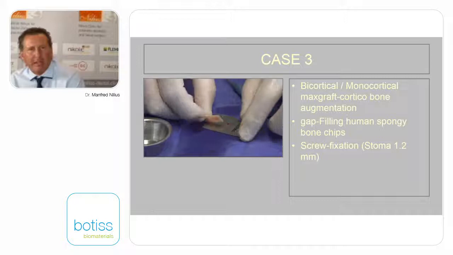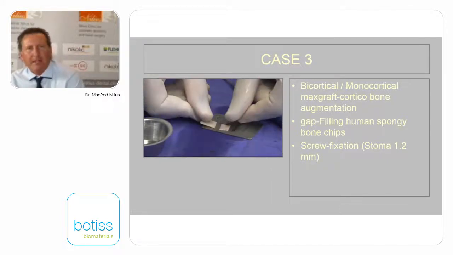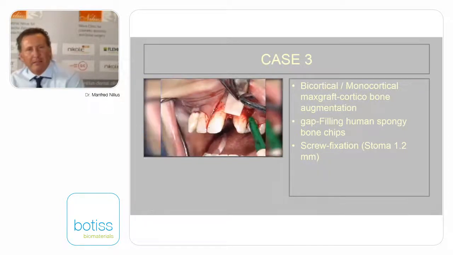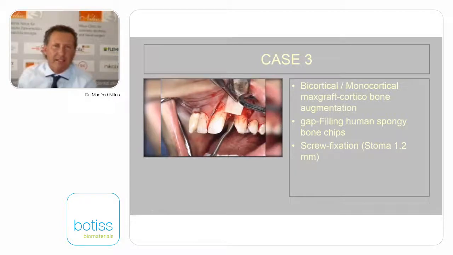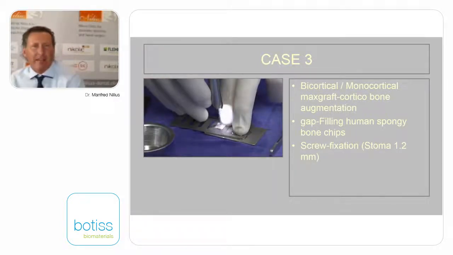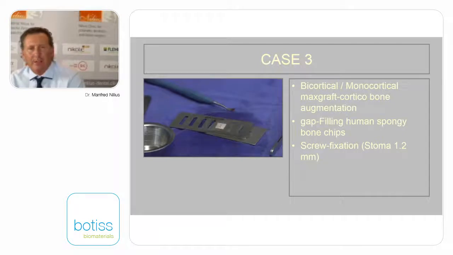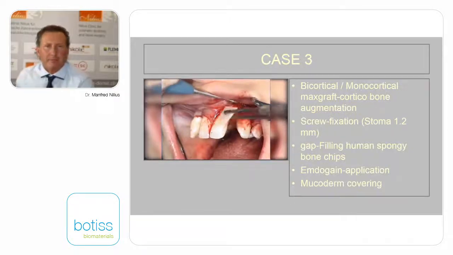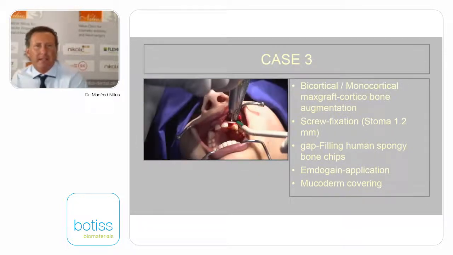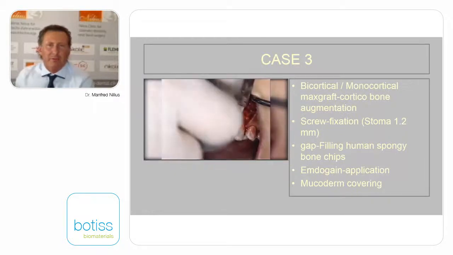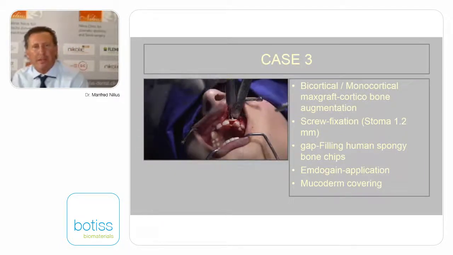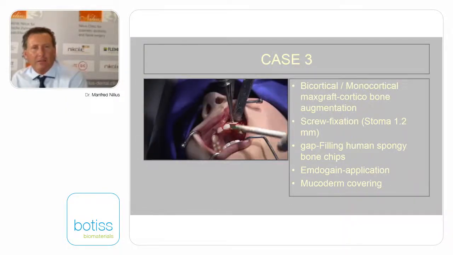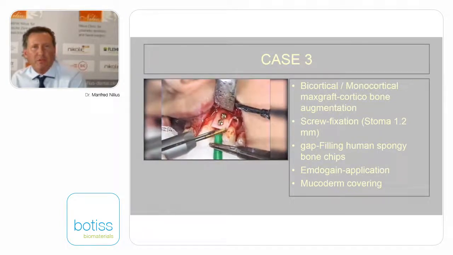Maybe you're doing the same in your offices or in your departments, and this needs to be screwed definitely, and you have to fit it. And you can see that the direction, the angulation of the teeth is not very good for implantation because you have limited space. And then you fix it. Here we had the cortical bone, and it was screwed to the palatal part of the recipient side. It is possible to do so, and